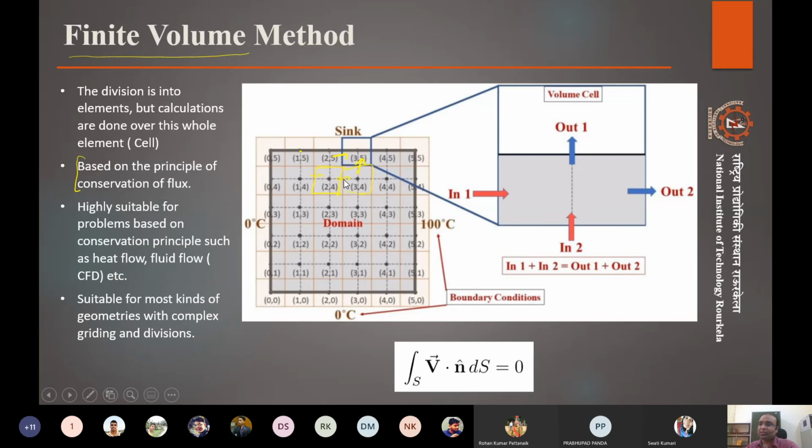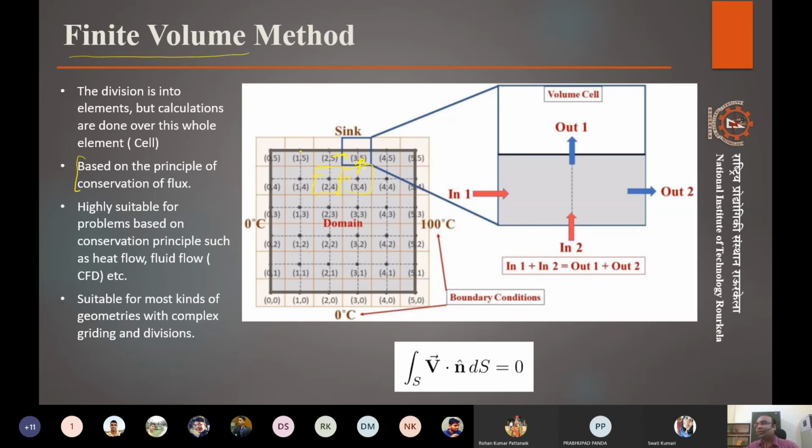When you do this in simulations, like in ANSYS, ANSYS Fluent, the software that takes care of computational fluid dynamics, is based on this finite volume method. There is another module in ANSYS for CFD called CFX, and that is based on the finite element method. Both of these will do the same kind of analysis finally, but the way in which they do it is quite different. This will be much quicker.